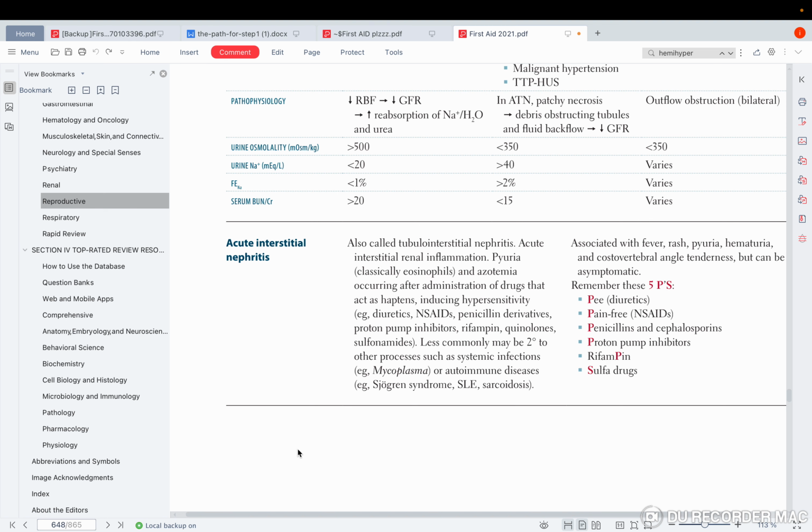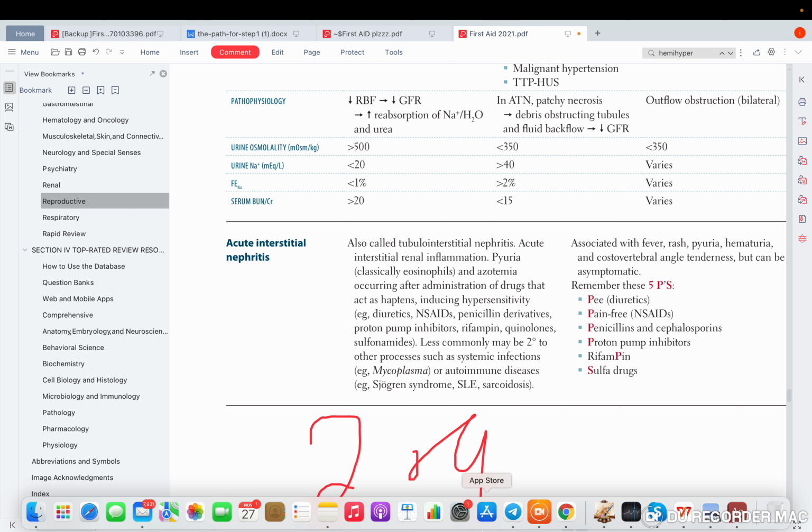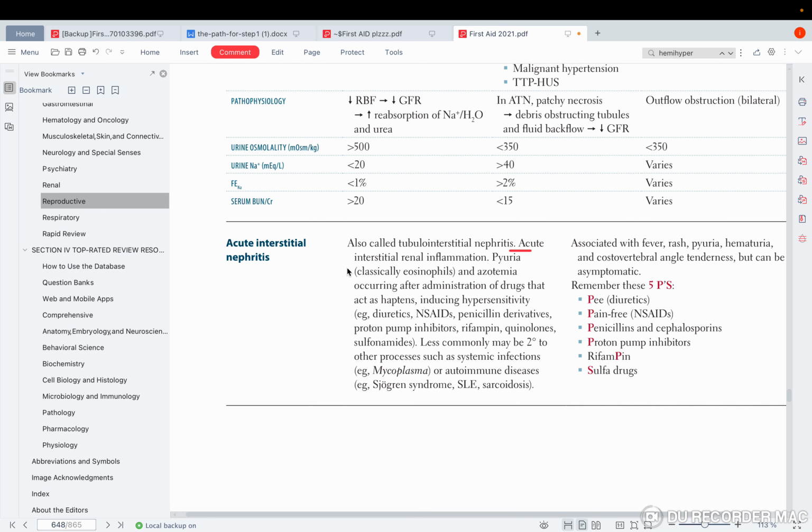And to make it more complete, you can write a note about this. It's type 2 and type 4 hypersensitivity reaction together. So it's an acute interstitial renal inflammation. There will be pyuria. Pyuria is white blood cells inside of the urine. Classically eosinophils. The problem is interstitial, so it's near the tubules. Will we have a cast in this pathology or not? It's affecting the tubules. So will you have a cast?